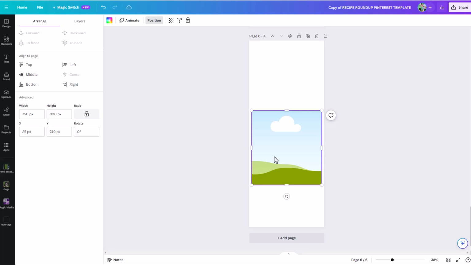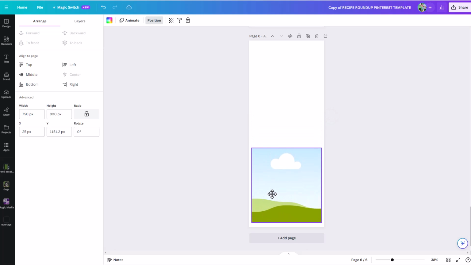But if I hit shift and drag this down and put it at the bottom there, now I can see that I'm at a Y coordinate of 1175 pixels. Okay, so remember that this is 800 in width. So let's say we want it to be a square. So let's start by making this a square. This shape isn't exactly a square. So let's make it 750. Okay, so 750,